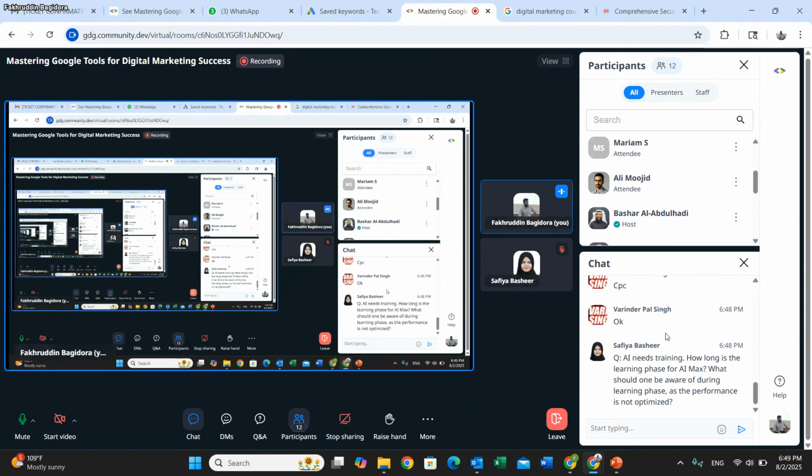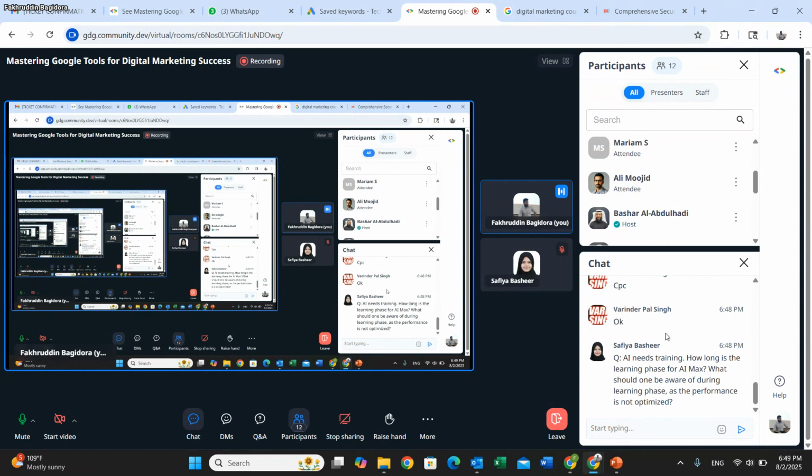If you're not getting the results, don't simply increase your budget to $150 or $180 or $80, because Google might tell you that your budget needs to be increased so that you can get better conversions. Don't do that. Don't increase your budget too high, because if Google is under the learning phase and you increase your budget to a very high margin,